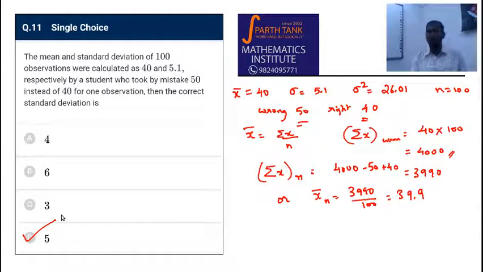Okay. Now of course you could have guessed immediately, because since it's a very small change, the difference is not going to be that much. So the answer is going to be close to 5. It would be tricky if they had given 5.05, 5.1, or 4.95 and all those values, then it would have been interesting. The options are too different from this, and so you could have easily guessed it is going to be 5.